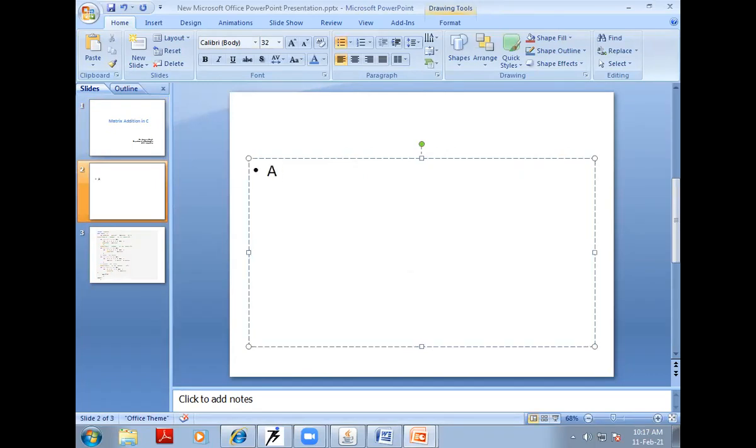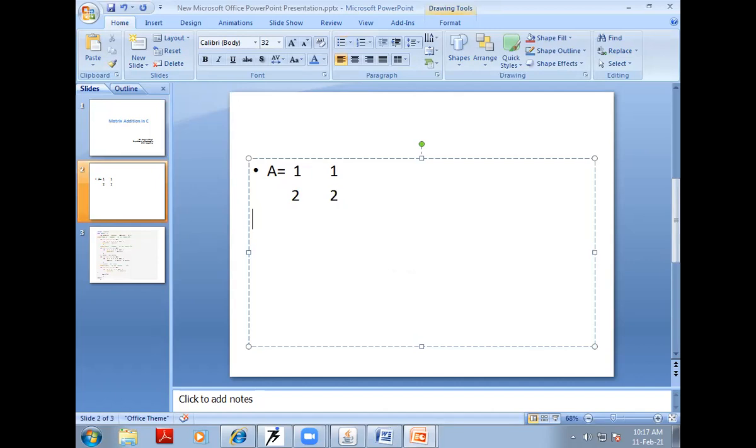Say we have a matrix A, and its elements are, for example, 1 1 and 2 2. These are the elements of, say, the first matrix. This is a matrix of 2 rows and 2 columns.